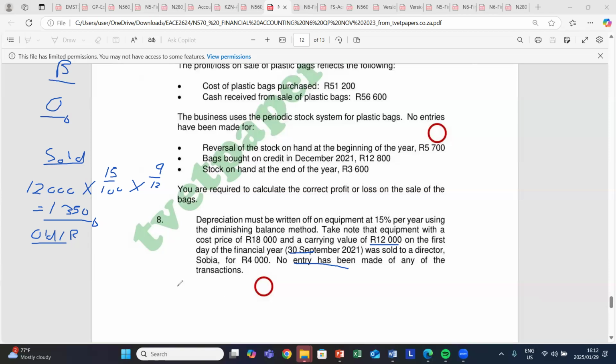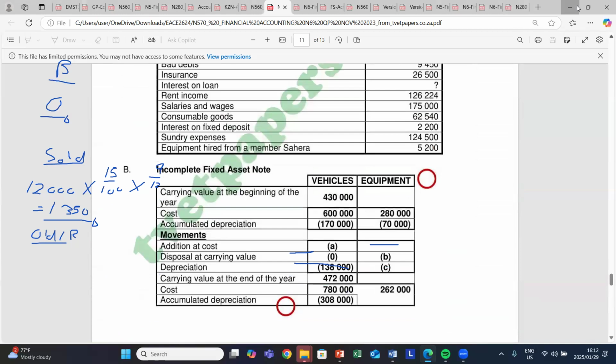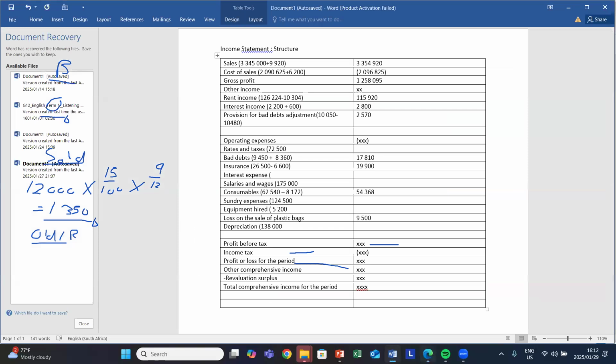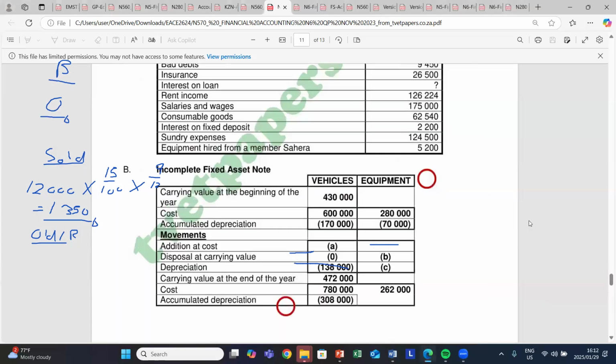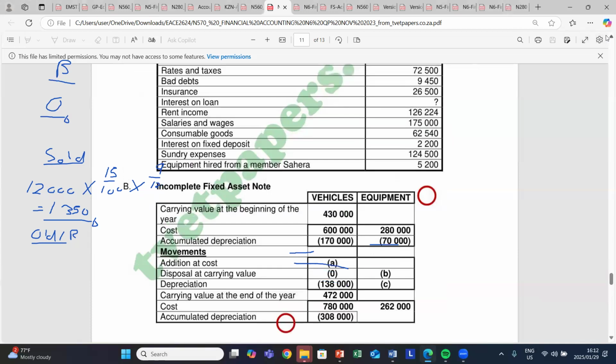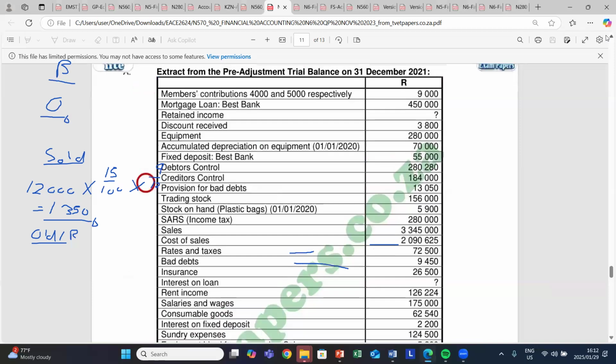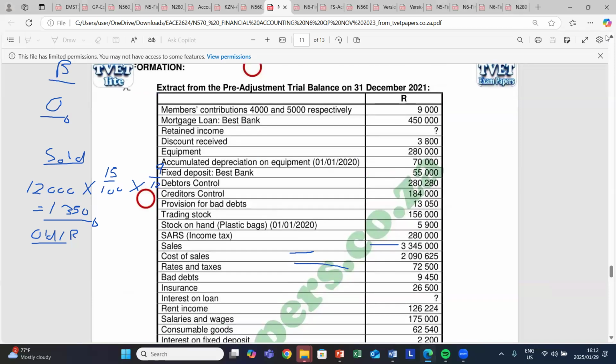You'll have to calculate. Remember, let's go to a trial balance so that we calculate the older remaining. Older remaining, as we have said, this is the asset that stayed in our business for a period of 12 months. So you have your cost price of your equipment at the beginning of the year. Our cost price amounted to 280,000, right? But then this is the aggregate cost price, meaning it includes the